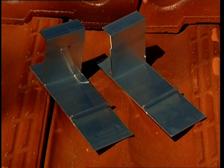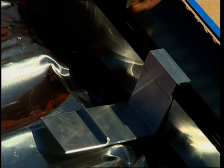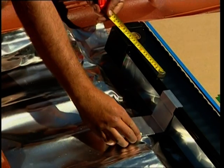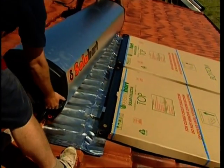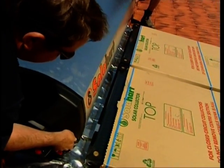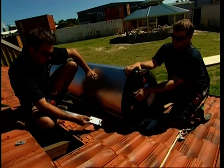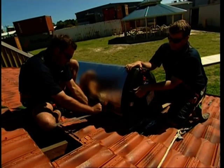For roof installations, slide the tank to collector spaces over the top of the collectors. These should be located 200 mm from the outer edge of the collectors and on the high spot of the tiles. Lift the tank onto the roof. Place the tank onto an aluminium flashing and locate the tank central to the collectors before sliding it down onto the spaces. Loosely attach the tank clamps to the rear foot of the tank base and clip in and bolt